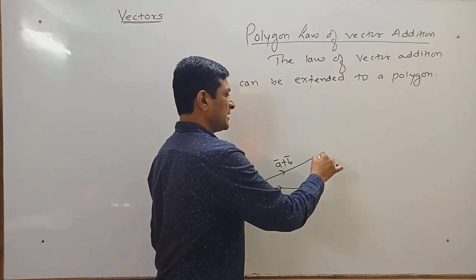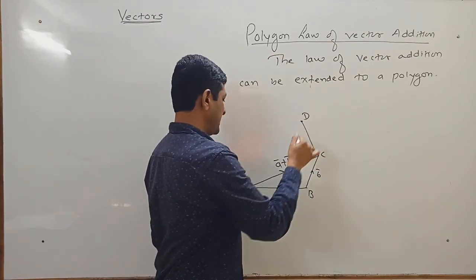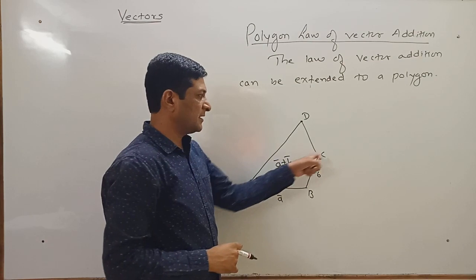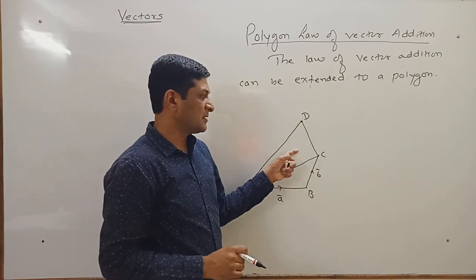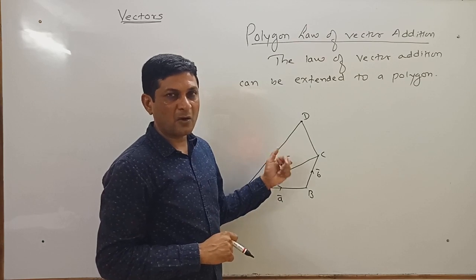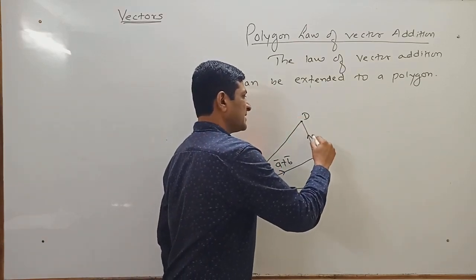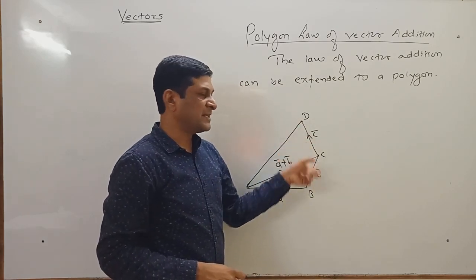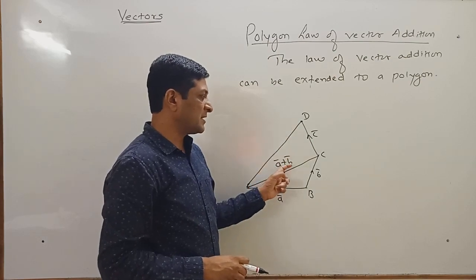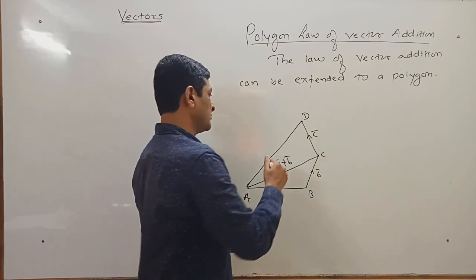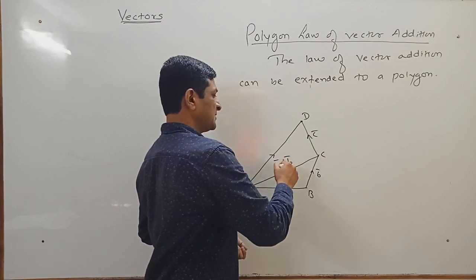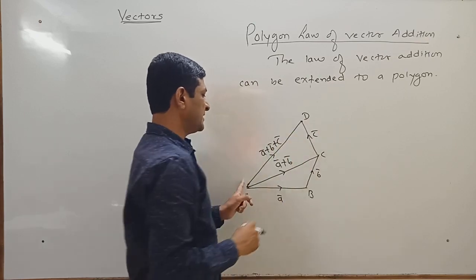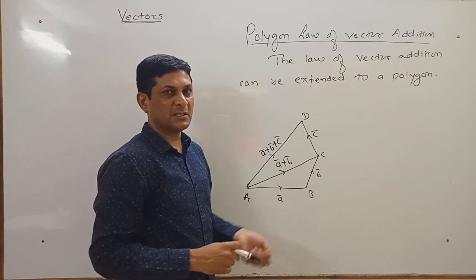So let us suppose that we draw segment CD and join AD. Now here we have got another triangle, triangle ACD. Since we have got a triangle, again we are able to apply triangle law of vector addition. Denote this CD bar by C bar. Now one side of this triangle is denoted by AC bar, that is A bar plus B bar, and another side is denoted by C bar. Then the third side will represent their resultant. Means AD bar will be equal to A bar plus B bar plus C bar.